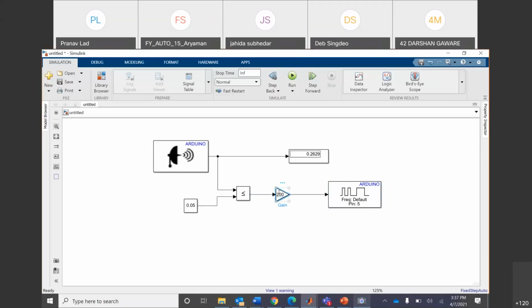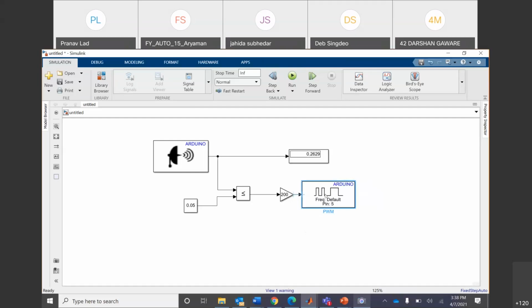If you're aware of what PWM is, if you're already working with Arduino board, the duty cycle is defined between 0 and 256. 200 means you have a 200 PWM duty cycle defined over here, right?